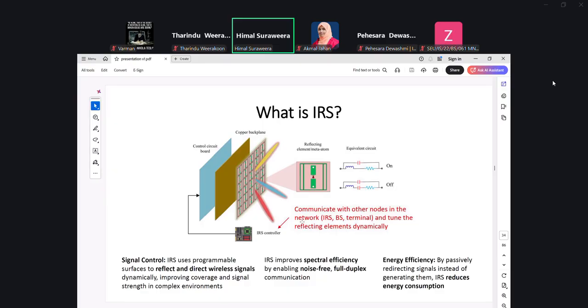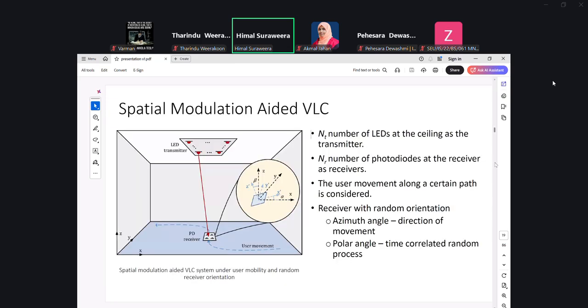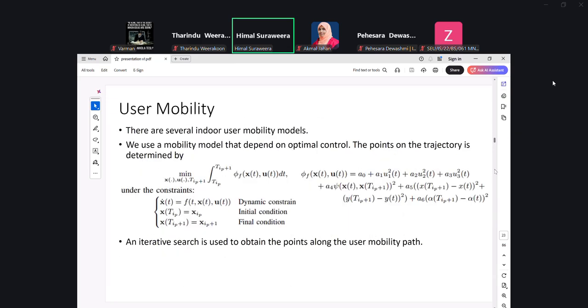When you do that, at a particular location of a receiver, the signal strength can be improved, because it is like pointing a beam towards a particular X, Y, Z coordinate in your environment. That is what is called an IRS. Already there are a lot of prototypes being developed across different countries, and certain companies even deliver these kinds of products. So you can use them to improve the received signal strength at particular locations within your wireless environment.